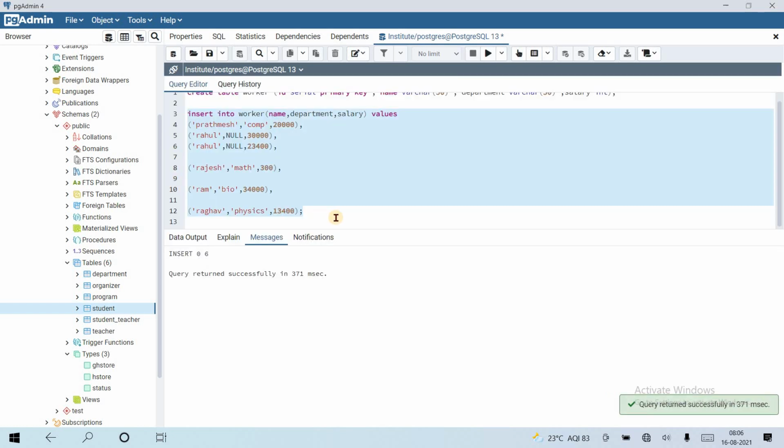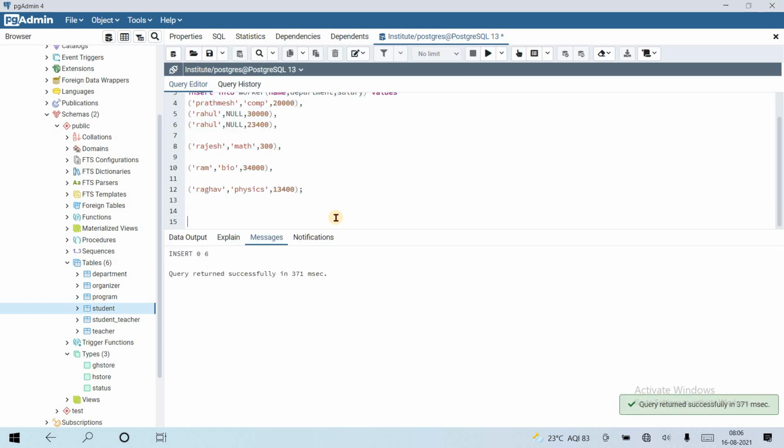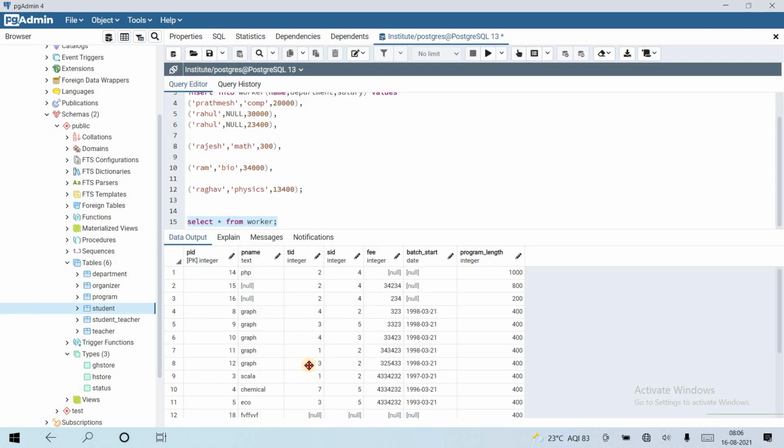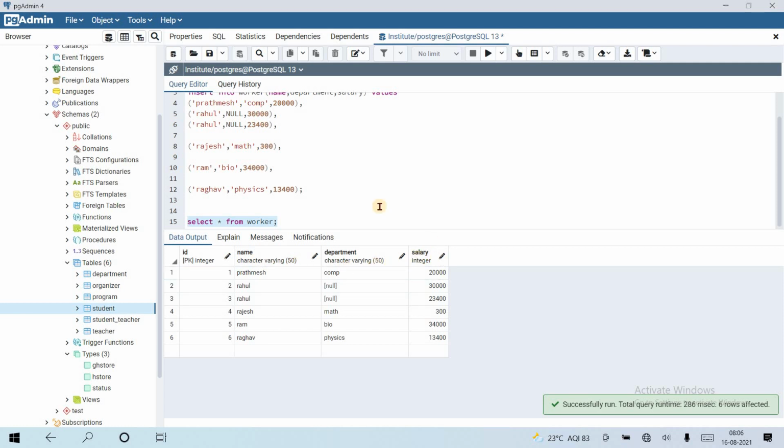Is the value inserted successfully? Let's see the values from the worker table. Select star from workers. Yes, we have ID, name, department, and salary, and the department has two null values.